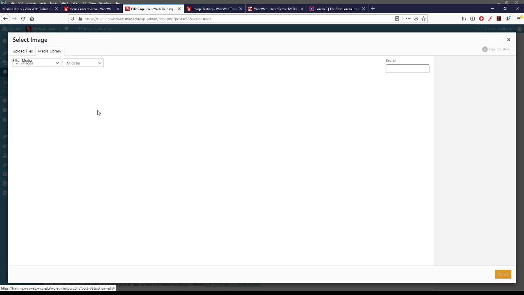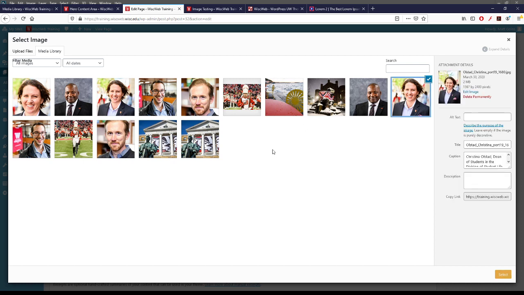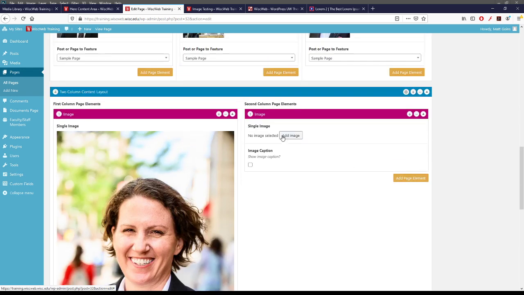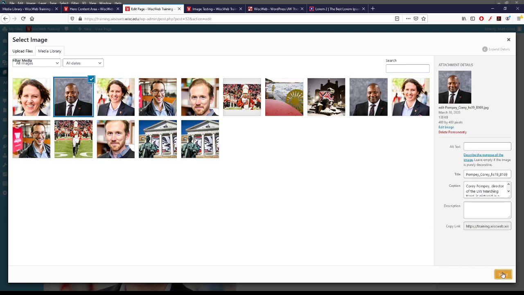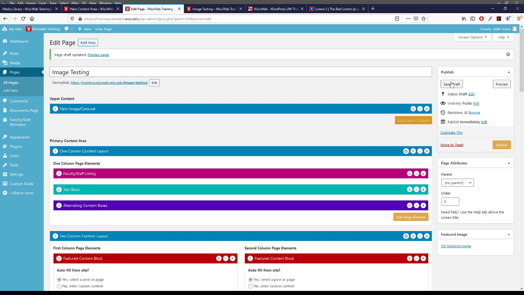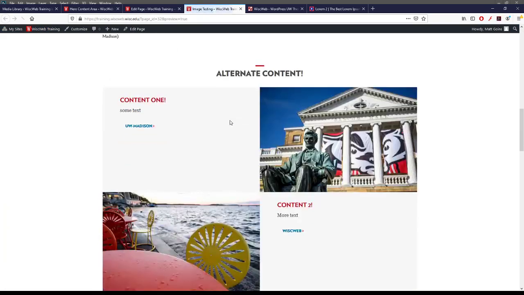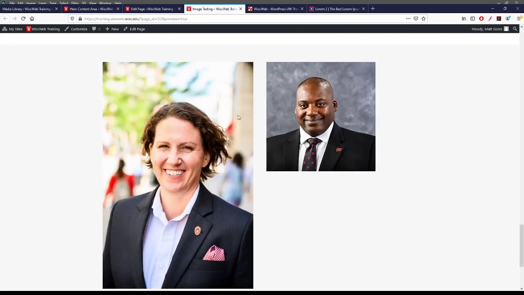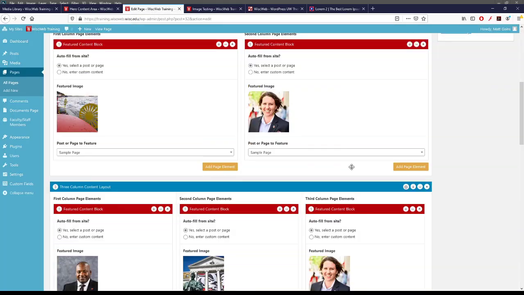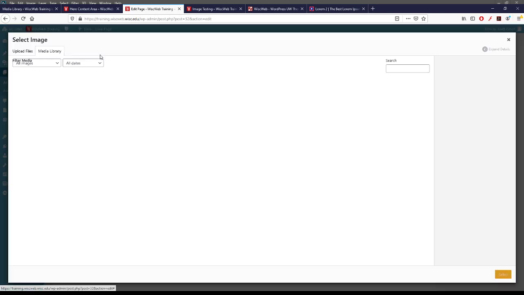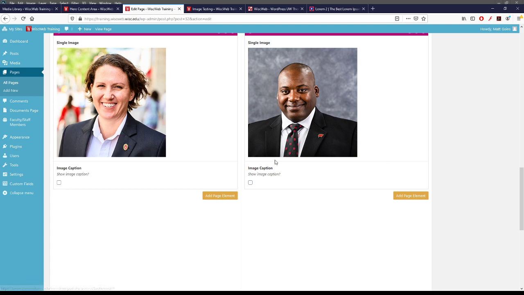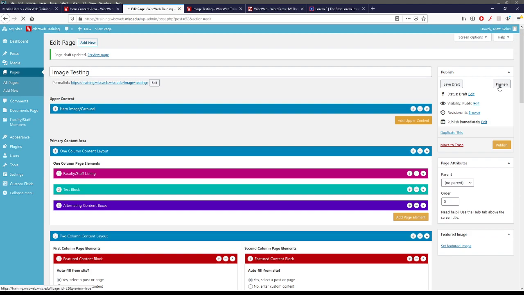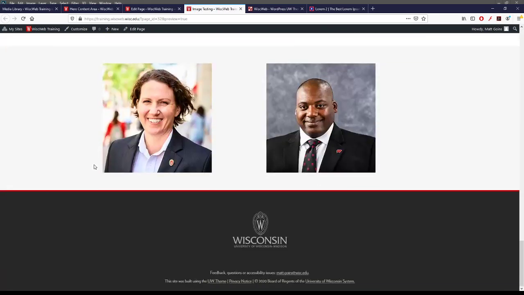So, again, similar idea here. You take an image that's large, it's going to put that whole image in there versus an image that's edited down. Save draft. Preview. This isn't consistent. So what I would do is edit down, or grab the edited version of this, so that I can maintain consistency. So again, just trying to show off some of the different things that you can do with images within your site, and some of the things that you should consider when you are